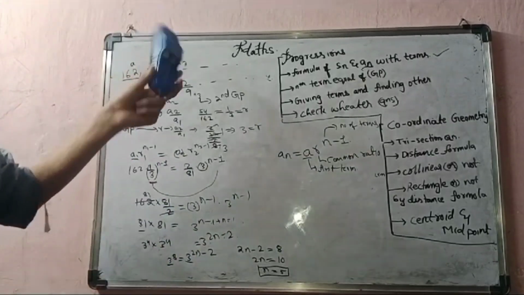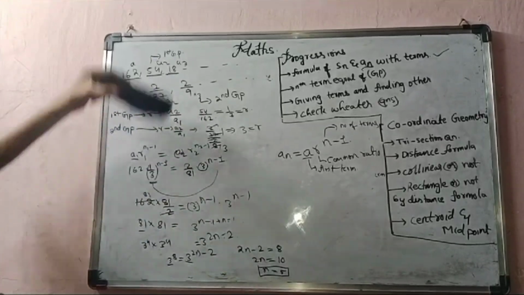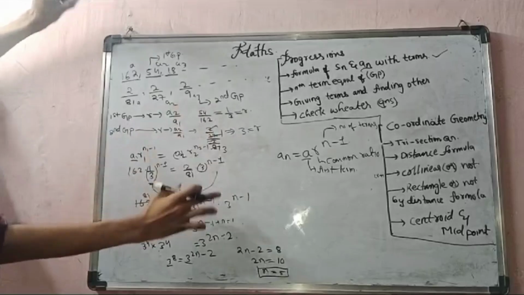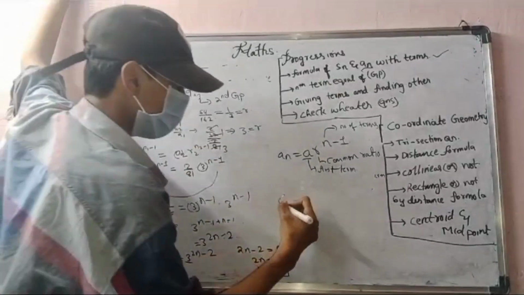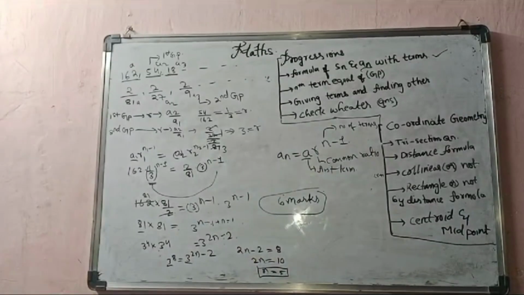If you didn't understand, once again see the question. And how I wrote here, don't write like that in the exam. Write like this, by looking at it as a small problem. If you write like this, these steps also, it will be somewhat big. So you can score how many marks? 6 marks. Clear?